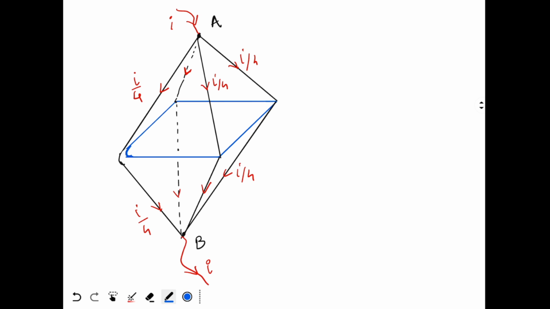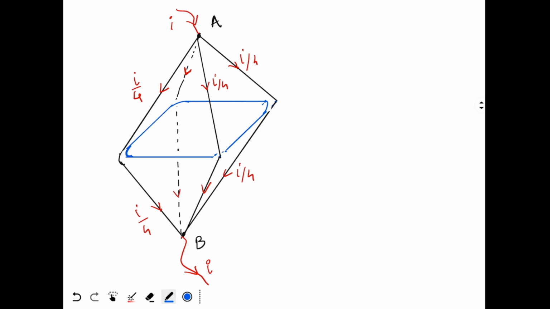Same thing I can say about this junction. I by 4 is entering, I by 4 is leaving. So at this junction I don't need to connect the blue colored resistor with the black colored resistor. So I'll just connect the blue colored separately like this. Same for this junction also, right? So I separate the blue colored resistors and connect them separately. Same would happen with the last one. So here also same thing will happen.